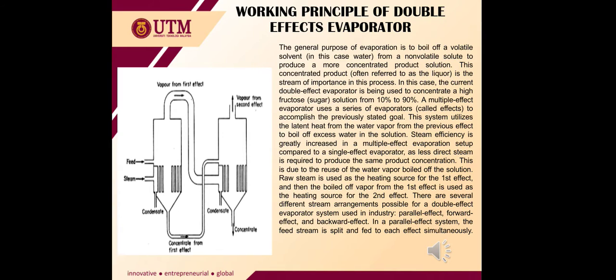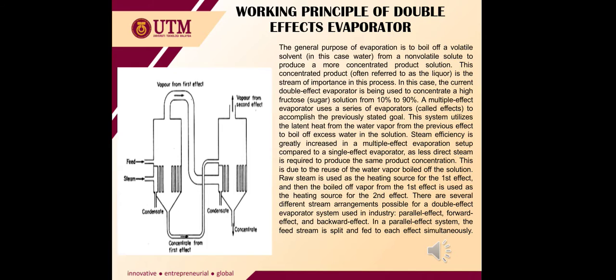The general purpose of evaporation is to boil off a volatile solvent from a non-volatile solute to produce a more concentrated product solution. This concentrated product is the stream of importance in this process. In this case, the current double effect evaporator is being used to concentrate a high dose of sugar solution from about 10% to 90%,